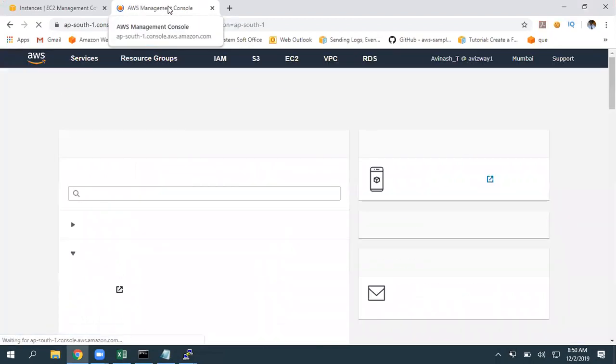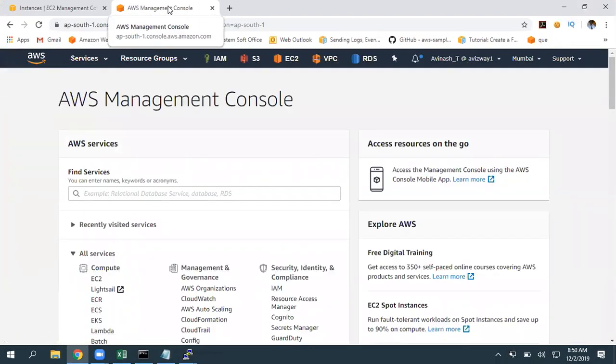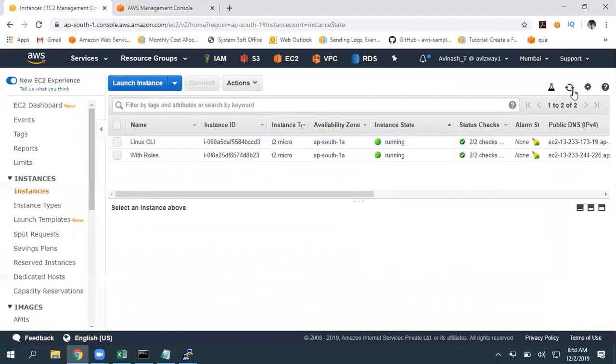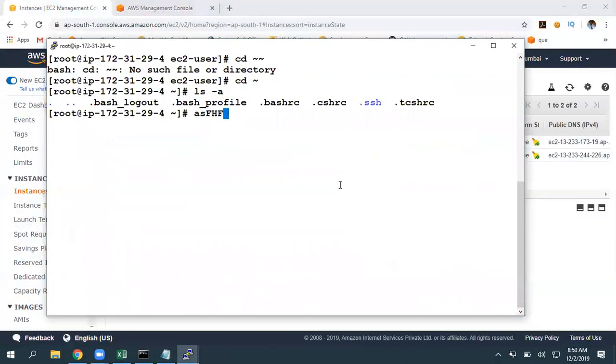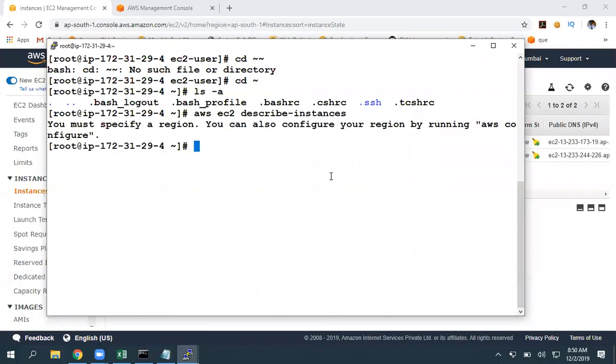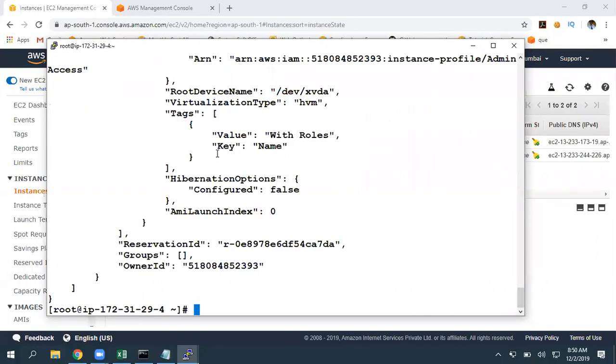We'll look into EC2 questions once we're done with the entire module. So again, if you want to terminate any instance by using CLI, you can do that. aws ec2 describe-instances to get the information about your running EC2 instances. You must specify a region, --region ap-south-1. So get your instance ID.